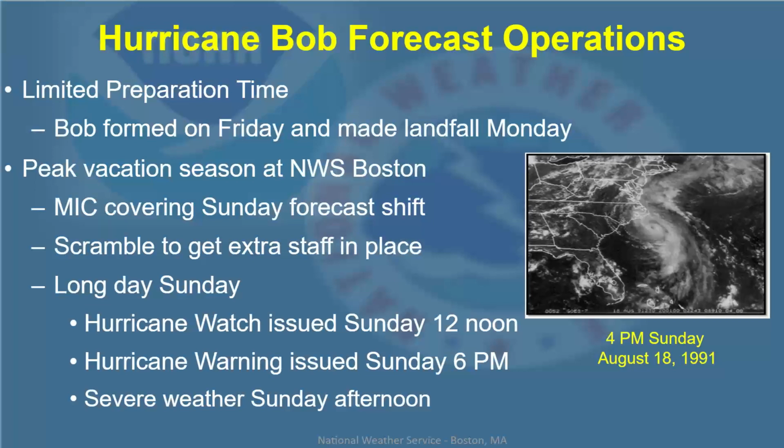I mean, look at the timeline here. Hurricane watch was issued Sunday at noon. 6 hours later, it was upgraded to a warning. And again, keep in mind, Bob made landfall Monday at 2 p.m. Here, a watch is being issued 26 hours in advance, and a warning even less than that. So you just don't see that today, and it makes you realize how much forecasting has come,